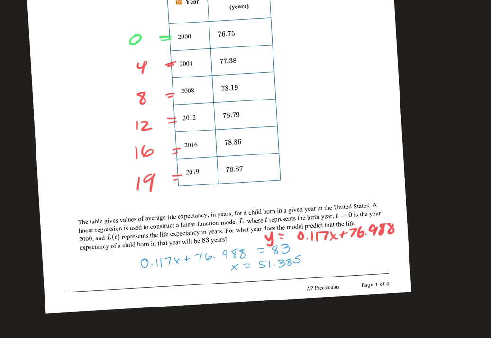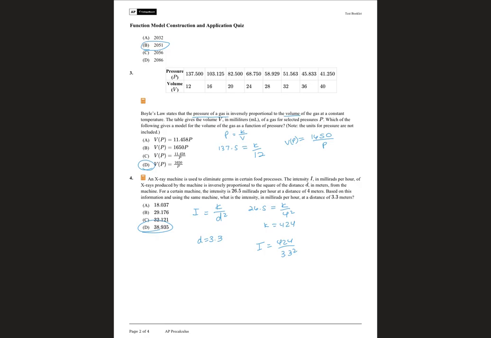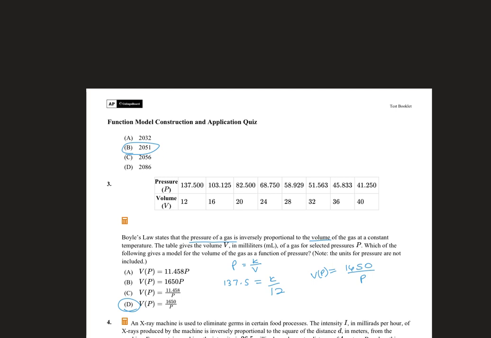And then instead of it saying, because our x is our birth year, it didn't say what would it be at the year 2083. Then I would have plugged in that as the x. It said what would be the life expectancy in that year if you were, what would it be in 83 years? Yeah. When it gives you years, you don't use the actual years, correct, every single time. When it gives you a time frame,